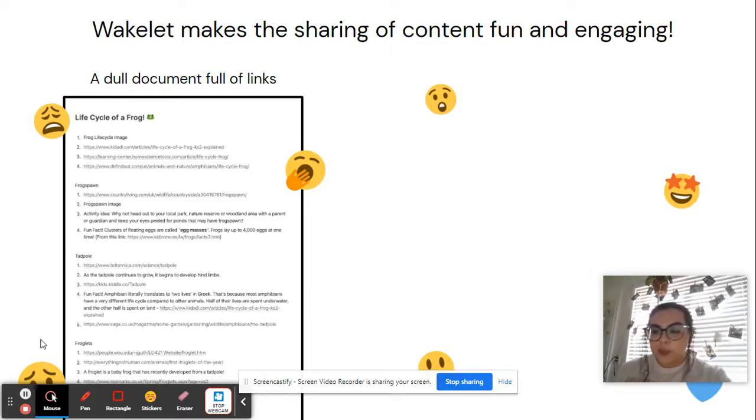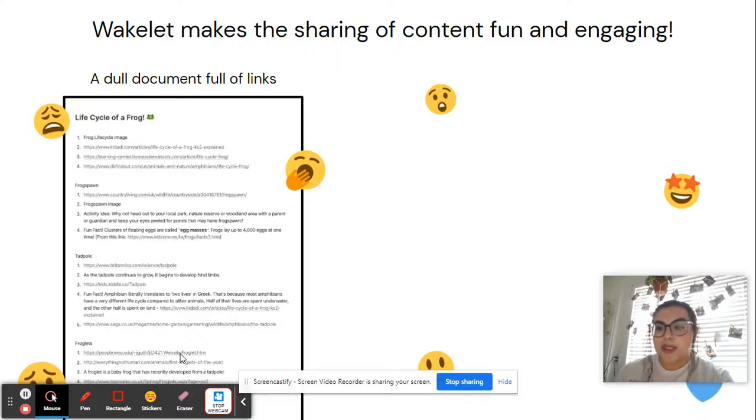But once we've pulled all of our resources together into a document like this, is this very shareable with our students? I mean, in a sense, yes, we could share it with our students, but will our students actually find it engaging and appealing enough for them to click on it and learn about the content? Not so likely, right? So, the beauty of Wakelet is that it can turn this text, these images, all that you see here